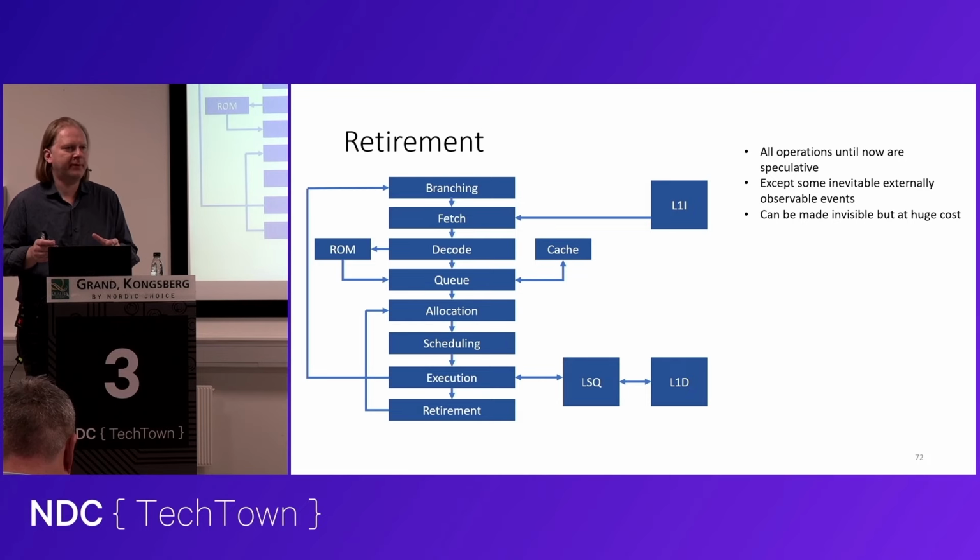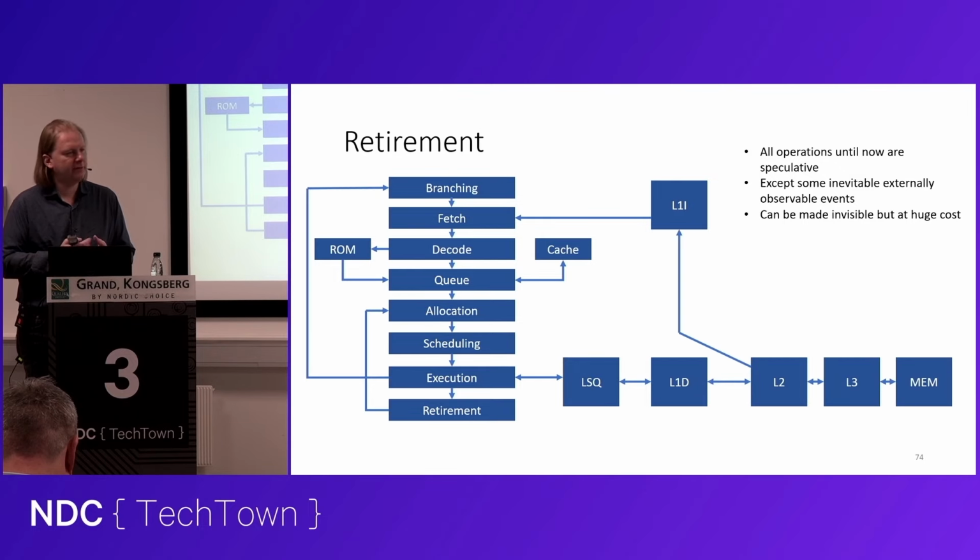not all of the externally visible events can really be eradicated. Well, you might have heard about all sorts of Spectres, Meltdowns, and other things. Generally, talking to the memory system has remaining externally visible artifacts. You can avoid them at a cost, at a rather large performance cost, and generally you don't want to do that. Well, maybe for some specific applications, and this is a question of software design. Right. Then we have the memory hierarchy, and finally we reach our memory component, the part one that we